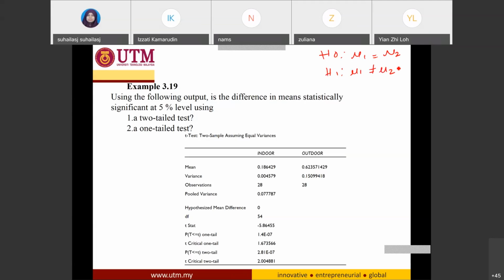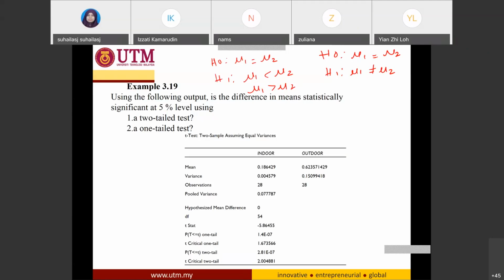Okay, for a one-tail test, it depends whether you have a less than or a greater than. Okay, less than or greater than. So in this case, if we look at the output,